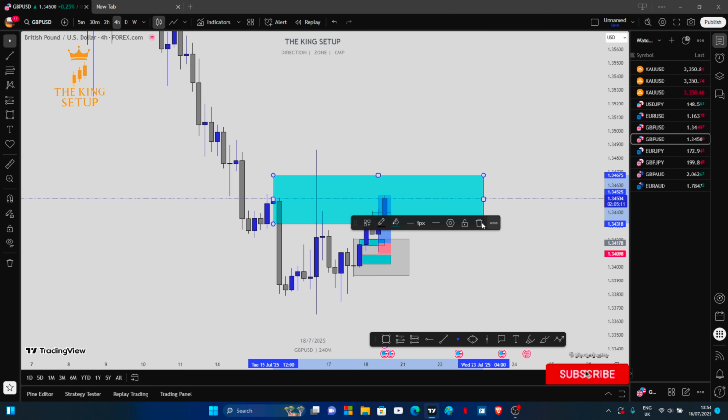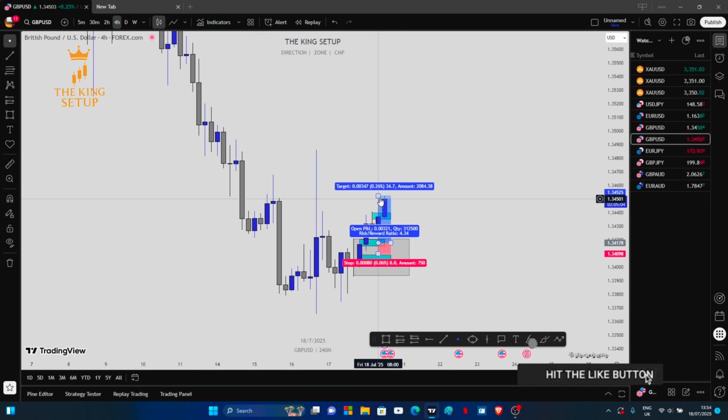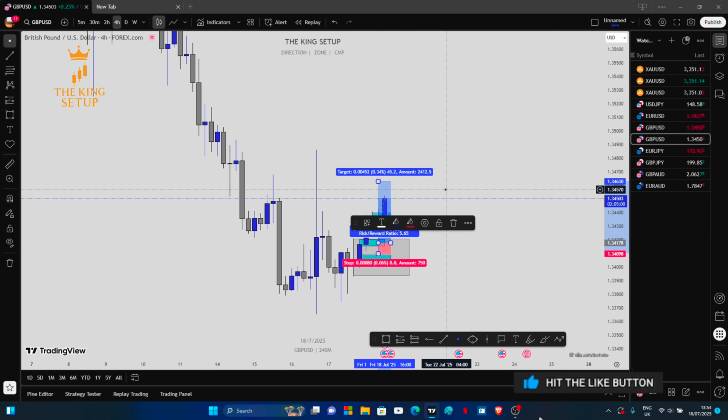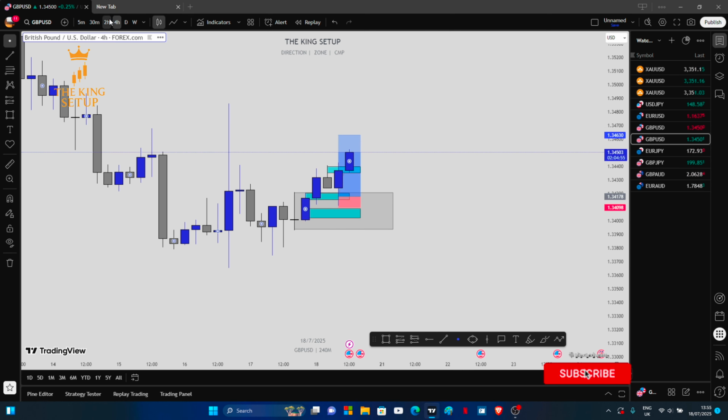So I can just wait for the price to create an M30 engulfing sell, or I can still continue holding as I wait for the price to move up. That is how that trade was taken. So number one is identifying your H4 zone. Then number two